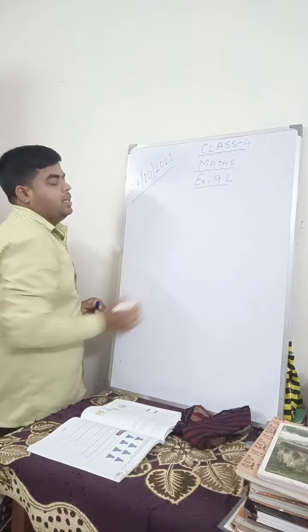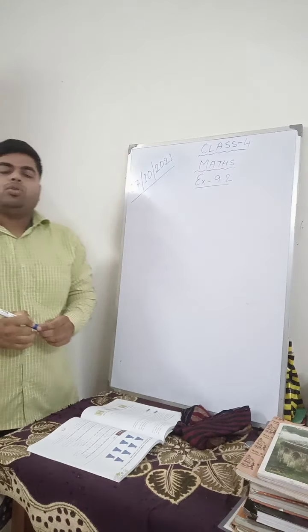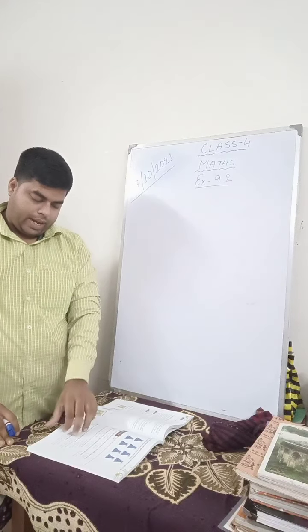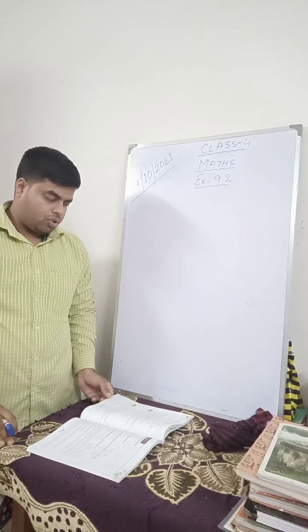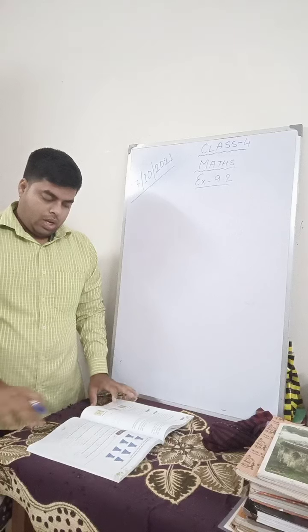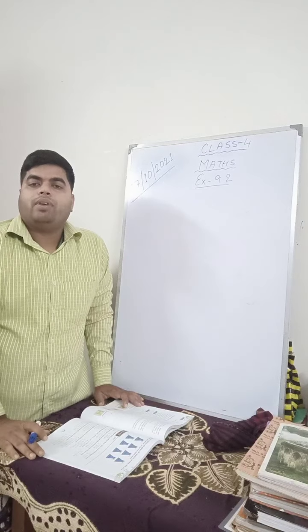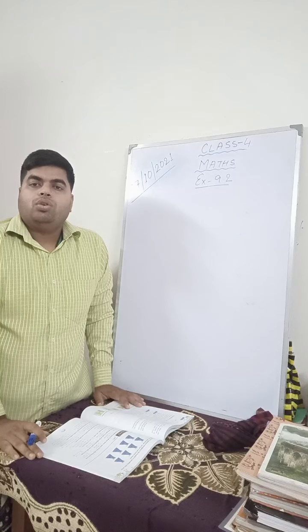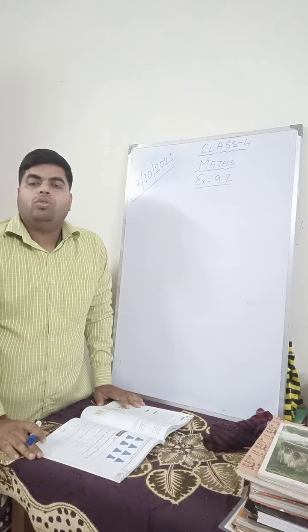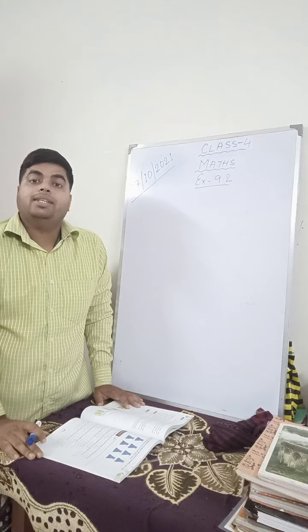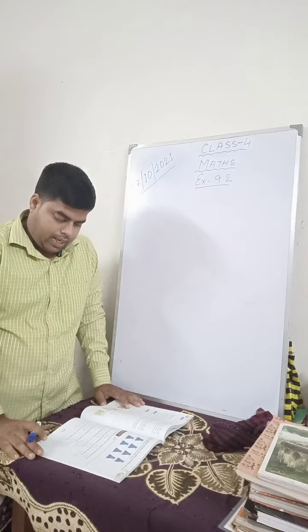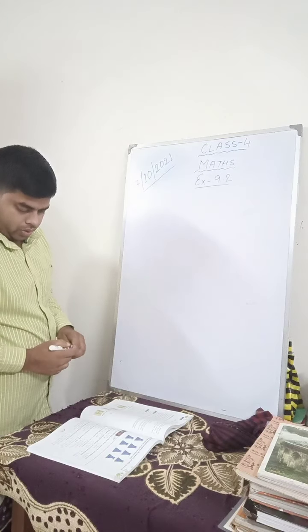Today also we will continue with exercise number 9.2. We have already done up to question number 3. We will start with question number 4, 5 and then the last question, that is question number 6. In question number 4 and 5, they have asked you to arrange in ascending and descending order. So to arrange them in ascending order or descending order, first you have to know whichever decimal number is greater or whichever decimal number is smaller. And how will you do it? Let us do it with one example.